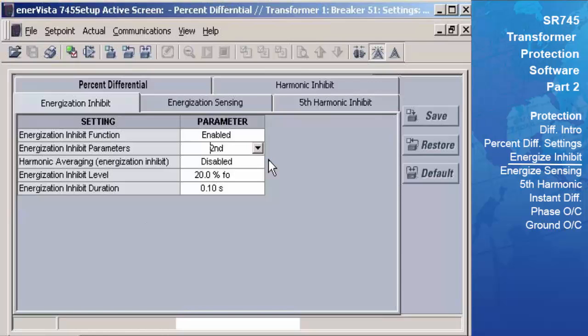Enabling the harmonic averaging will average the levels of second harmonic present on all three phases and use this as the level of harmonics to calculate the percentage of fundamental for all three phases. If high levels of harmonics are seen on one or two phases during energization, but not seen on the third, the relay will average all three metered values of harmonics and then block or not block the differential for all three phases based on this value. We will be leaving this element disabled, as we want to have the energization inhibit operate as a phase